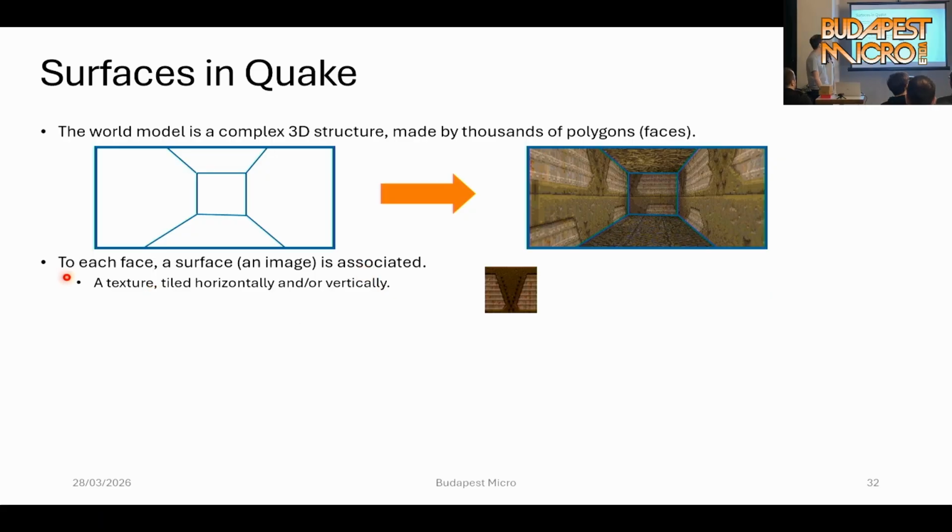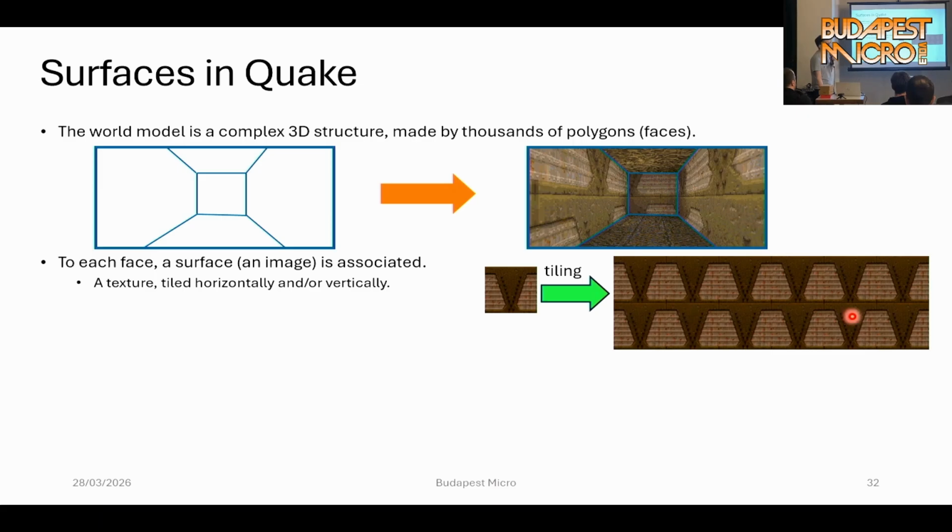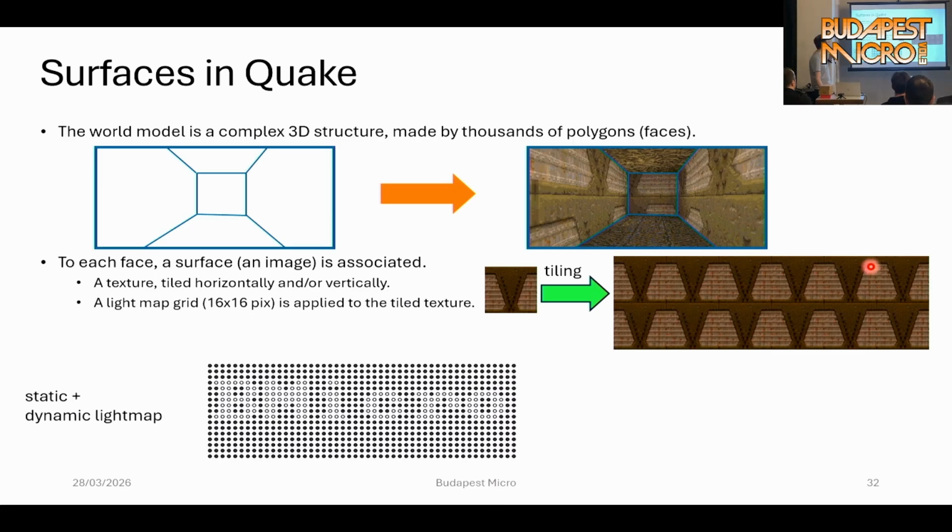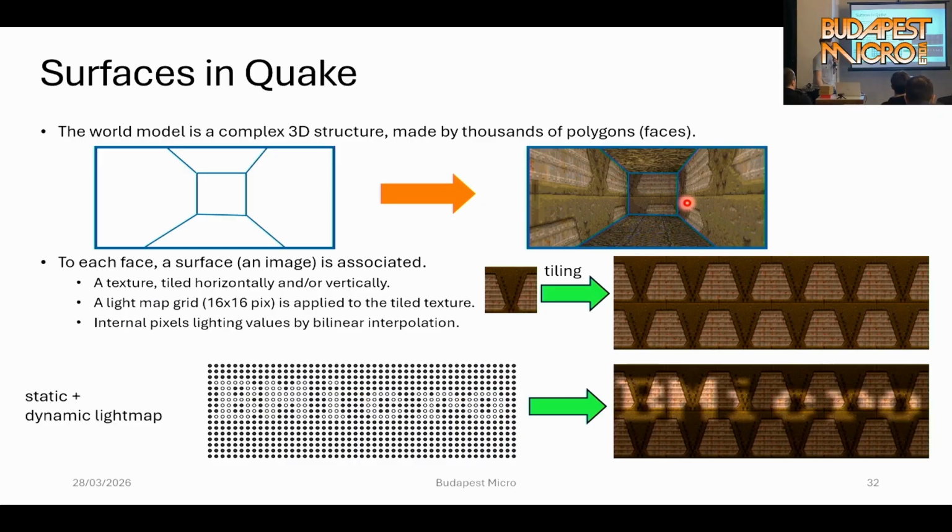A surface is a texture that you tile horizontally and vertically, like this. And then you have a light map grid, which is every 16 pixels. You apply this light map to the texture, and then you obtain the lighted texture.